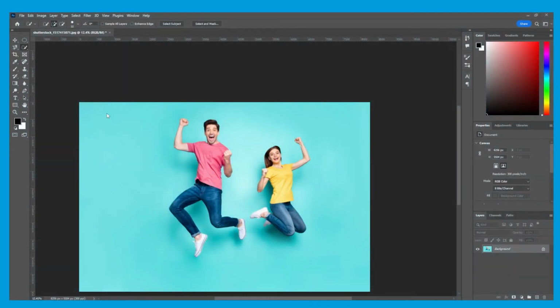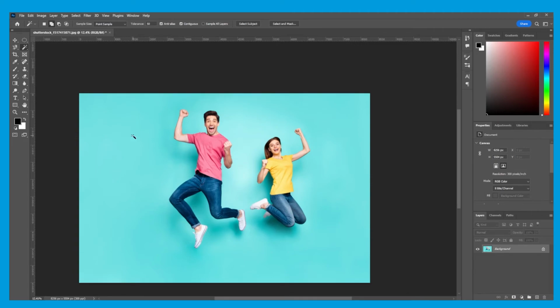The third and final tool I'll show you how to use is the Magic Wand tool. The Magic Wand tool works by selecting a solid area of colour. So an image like this is perfect. So to select the Magic Wand tool, press Shift and W to cycle towards it. Or you can find it under the Object Selection tool category. So now that we've got it, make sure that the checkbox for contiguous is checked. In this mode, the Magic Wand will only select pixels that are adjacent to one another.